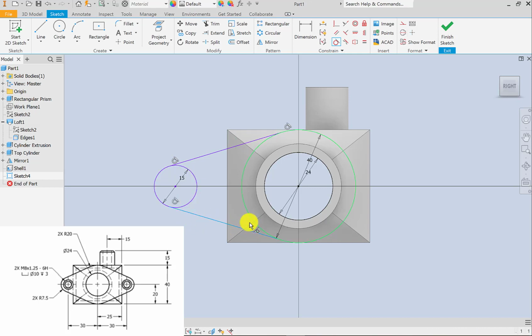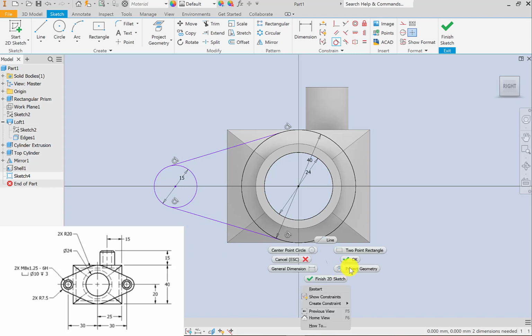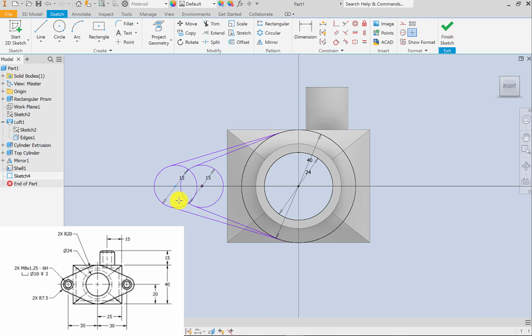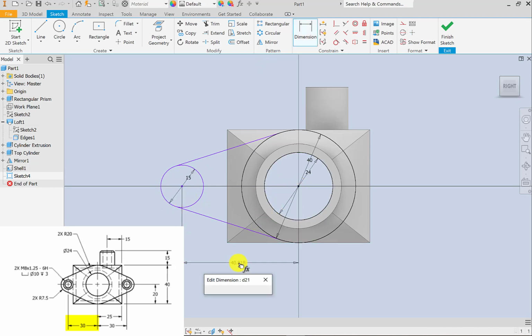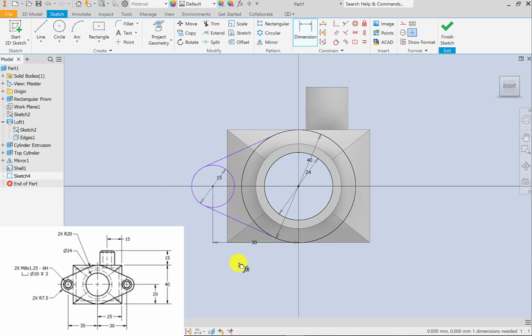And that looks good. We still have 2 dimensions needed in this sketch, so you'll see that I can drag this circle about. One of these dimensions is going to be making this center point of the outer circle 30 millimeters from the center point of the main central circle. And then we also want to make this outer circle aligned horizontally with the main inner circle, and that will